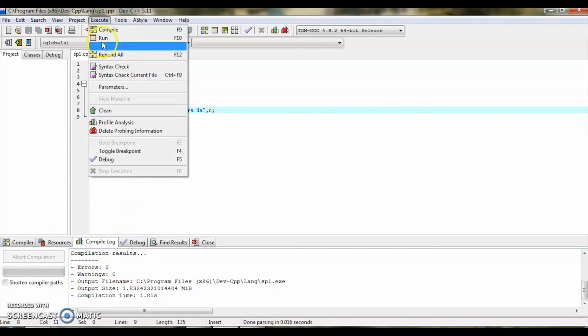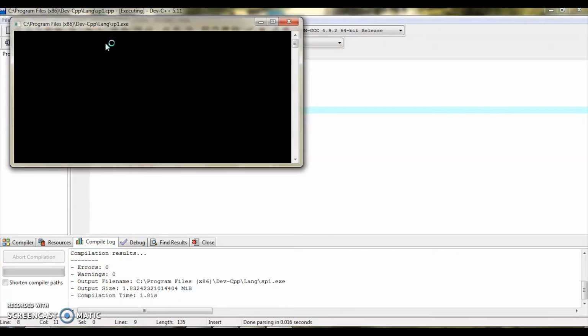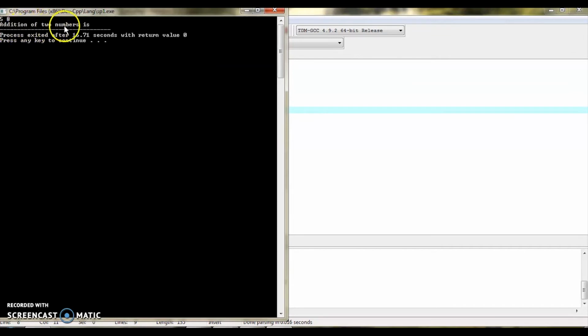Now if I am going to run this program, so I have to give F10. So first it will ask one number, see the cursor blinks simply, so I am going to give 5. Again I have to give another number, so I have to give space and then I am giving the second number as 8. Now if I press enter key, it has to add these two values. So addition of two numbers, you can see the entire screen I think so, addition of two numbers